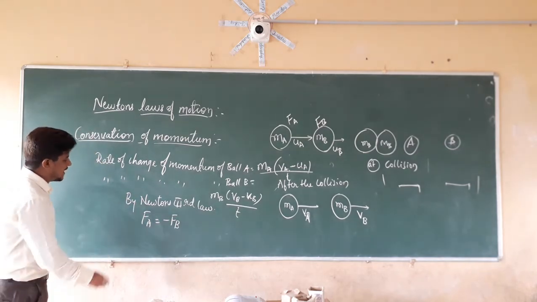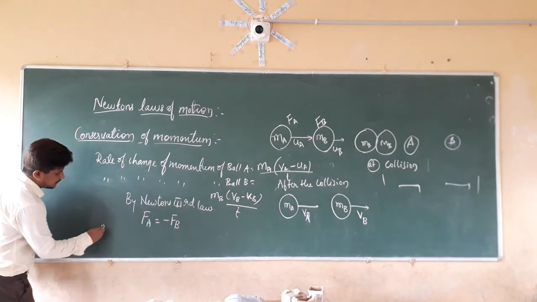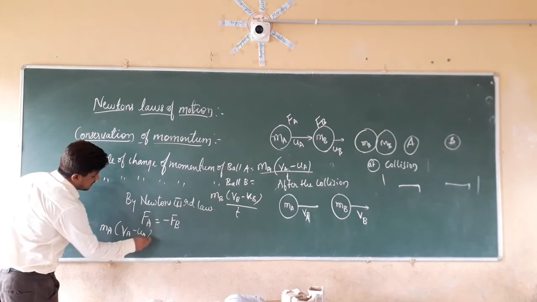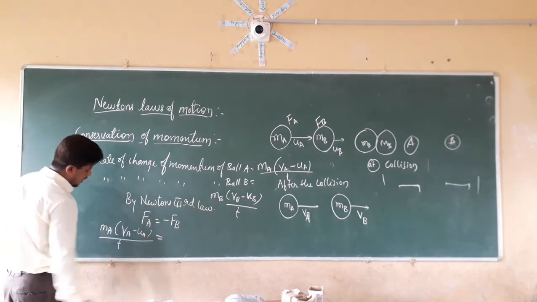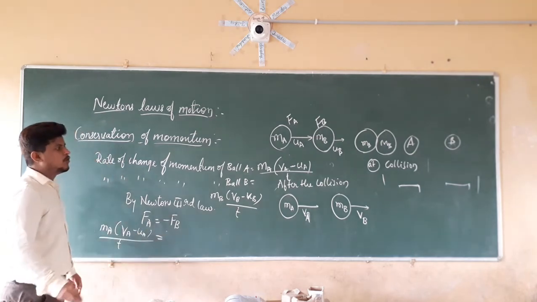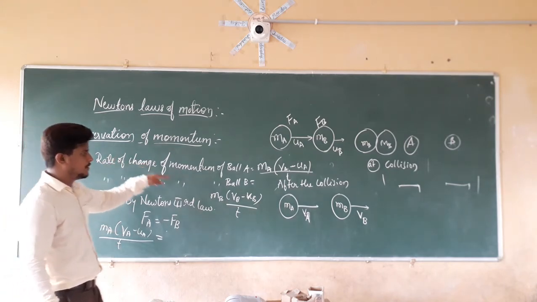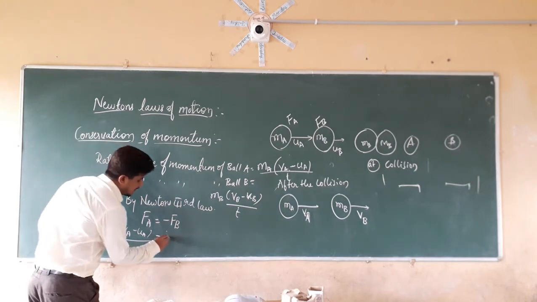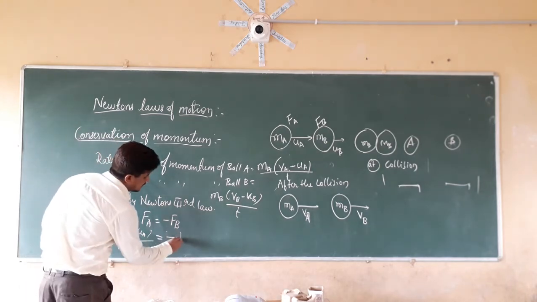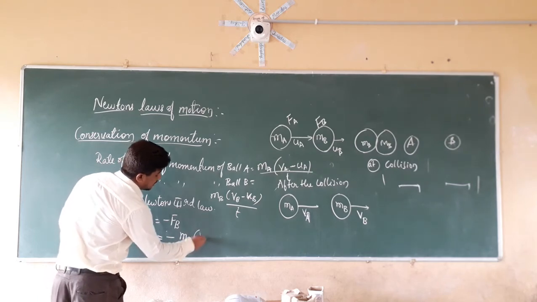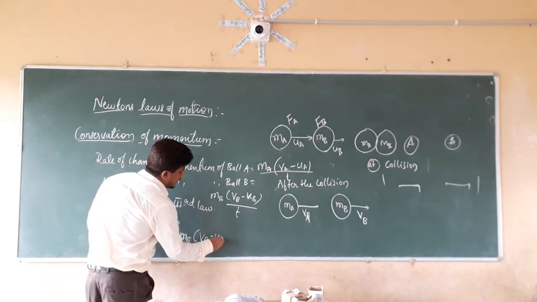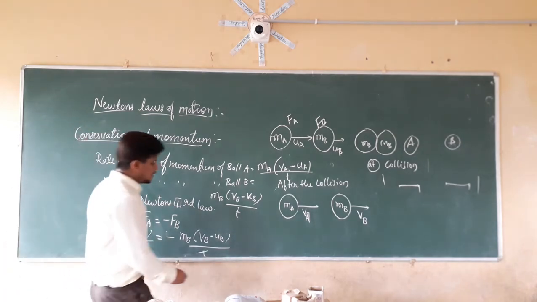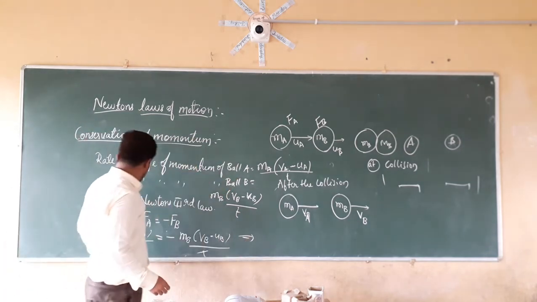So FA can be given as MA into (VA minus UA) divided by T, which is equal to the force applied by the ball B. Nothing but the rate of change of momentum of ball B is equal to the force of the ball B. So it can be given as minus MB into (VB minus UB) divided by T. So T gets cancelled, which can be given as MA